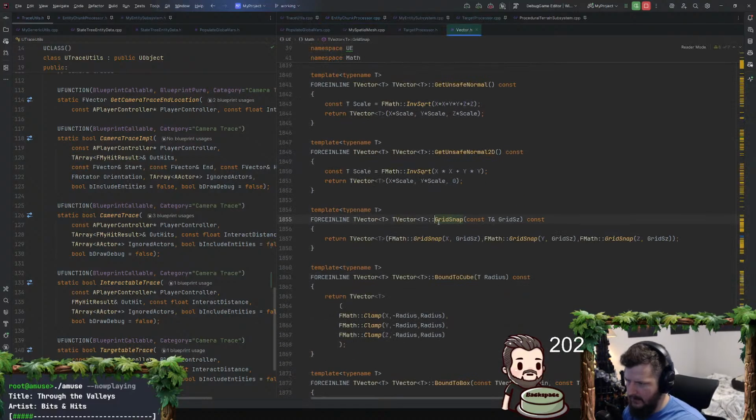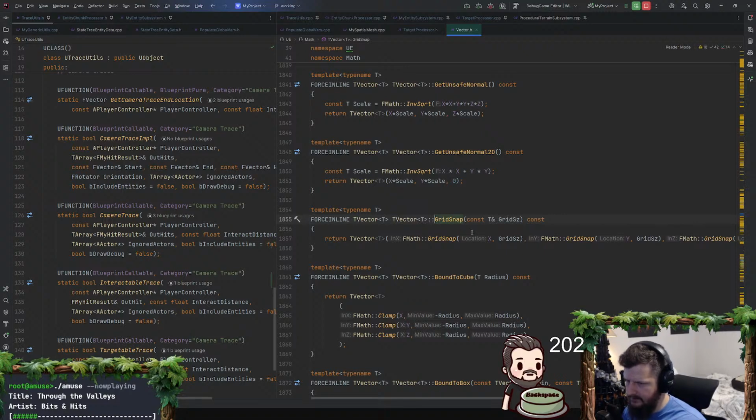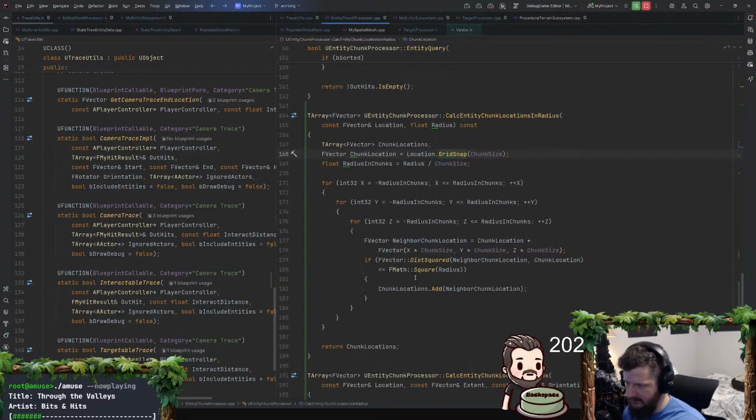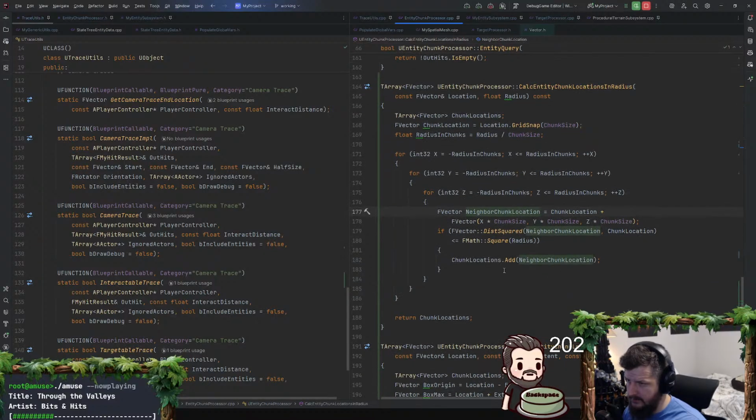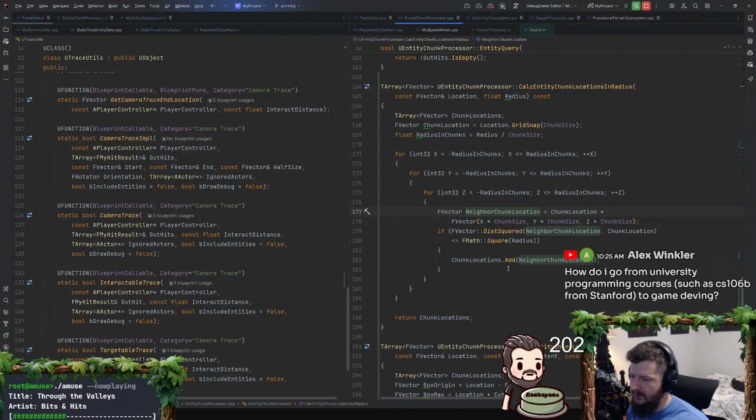Let me look at this. Chunk location, plus extend chunks, neighbor chunk locations. If the distance squared of neighbor chunk location to the current chunk location is less than or equal to radius